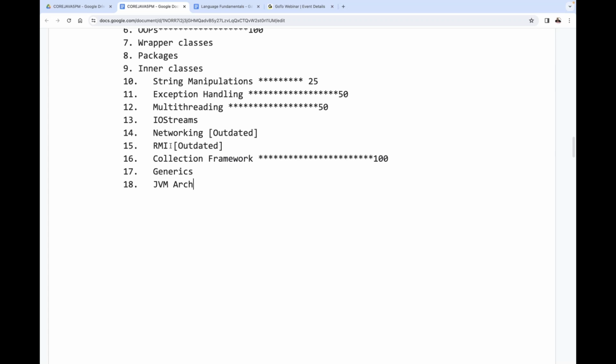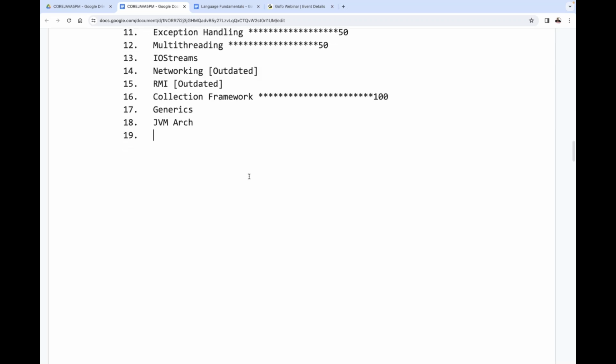The total architecture is available. I'm going to prepare a big diagram. In that big diagram, we are going to provide the total concept of the JVM architecture, and we are going to understand clearly how the JVM is able to execute our Java program. After completion of this JVM architecture, the next topic we are going to understand is